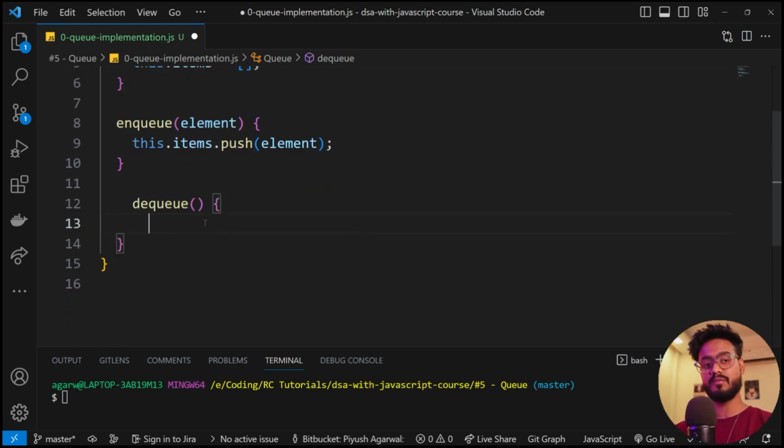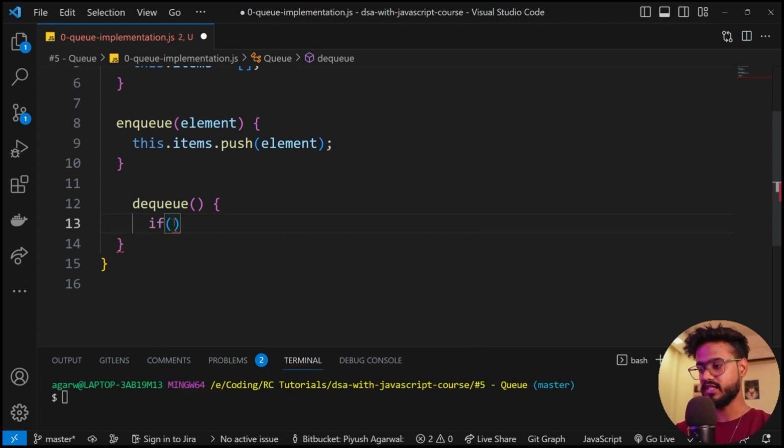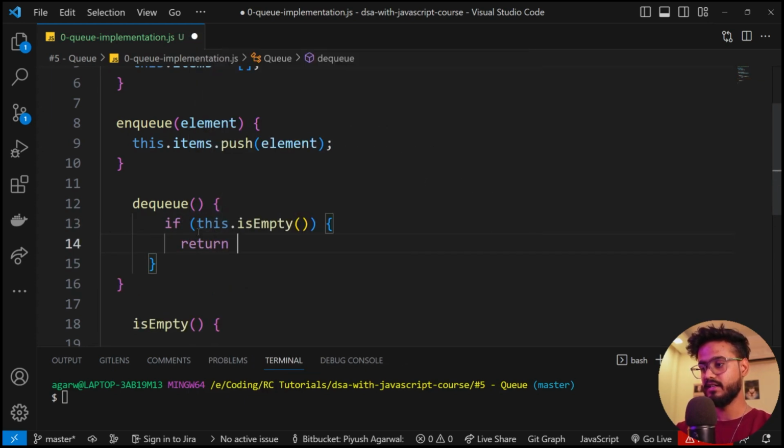So to remove the elements from the front, what do we use? I've mentioned this in my arrays video as well. We use shift. But first of all, before doing that, what are we going to check? We're going to check if this is empty. So I'm going to create a function for isEmpty, and I'll write the logic for it in just a second. For now, I'm just going to say this.isEmpty, and if it is empty, I'm just going to say return